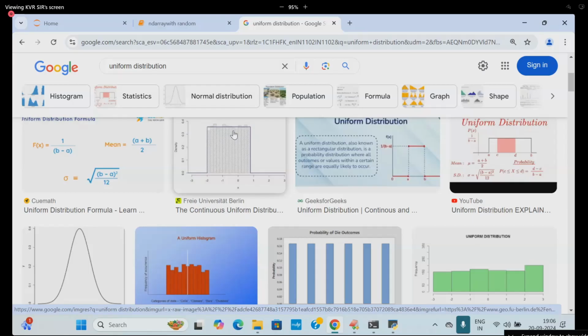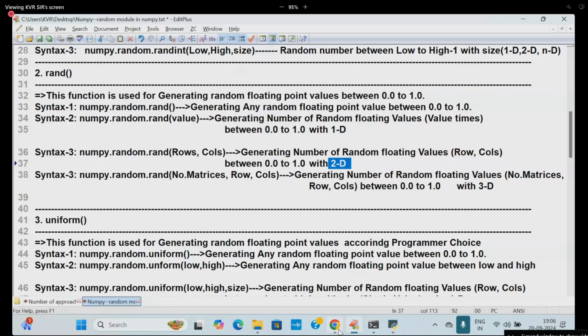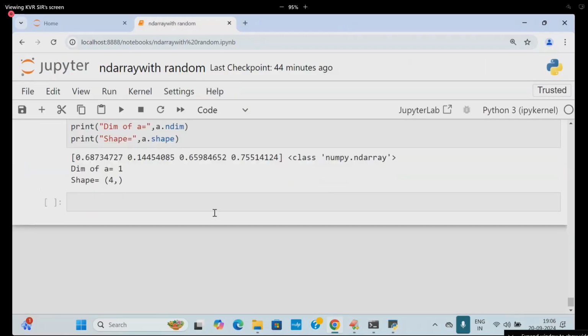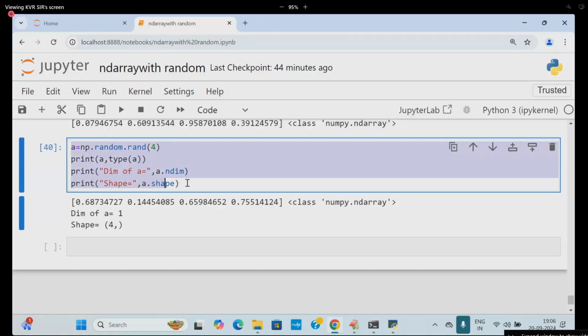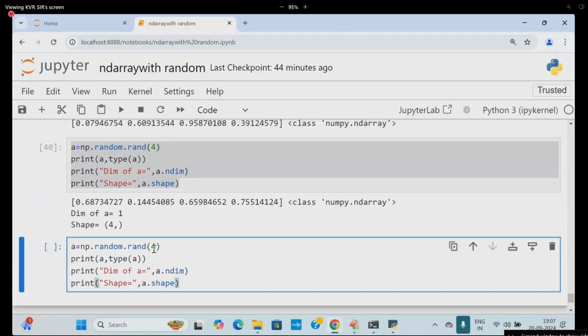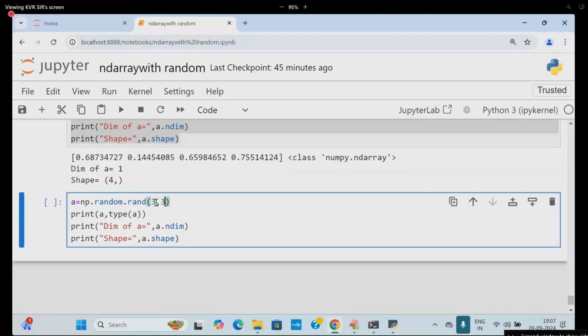So coming to the point, you just try to understand what it will do. When you come to the algorithmic point, you can understand. I hope so. Coming to the next one, number of rows and columns. Generating random float values between 0.0 to 1.0, 2D. Syntax number 3 also I will take it. This is called 2D. I'll go to the next one, same thing. Here I am going to write 3 comma 3. If I write 3 comma 3, what is happening? All the values are